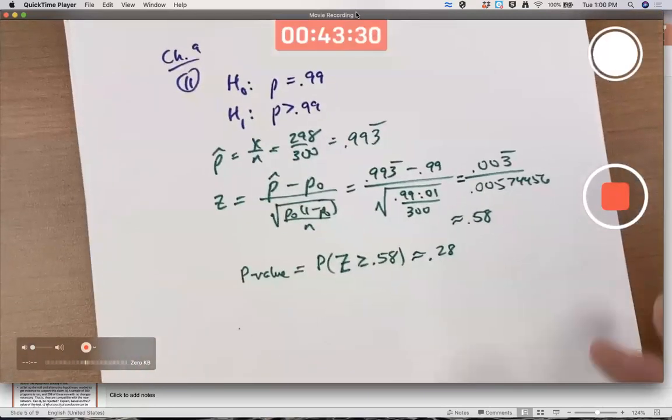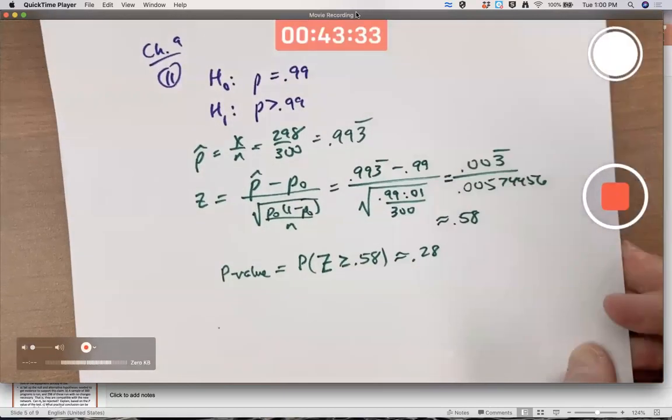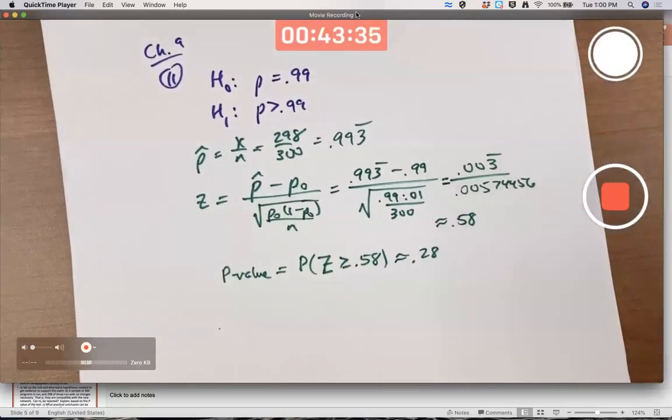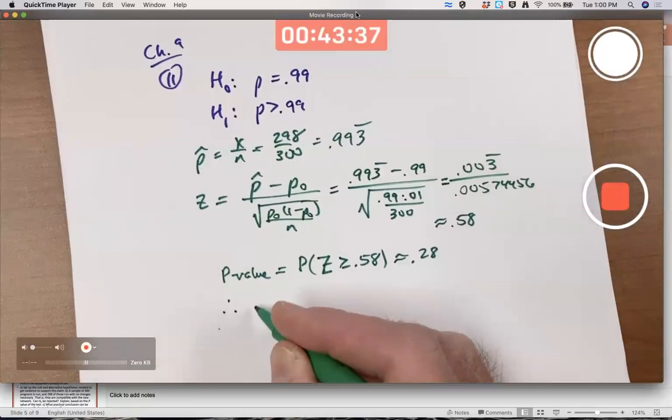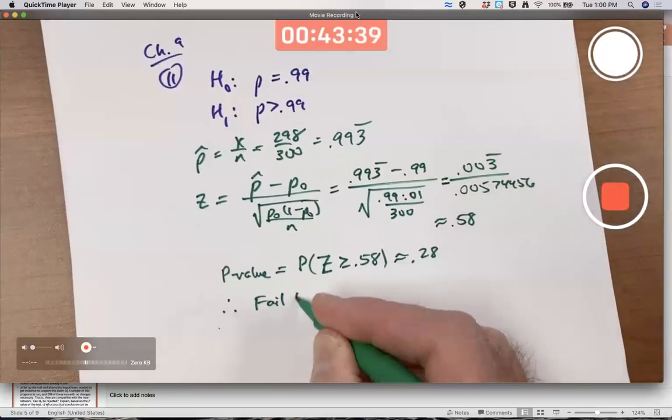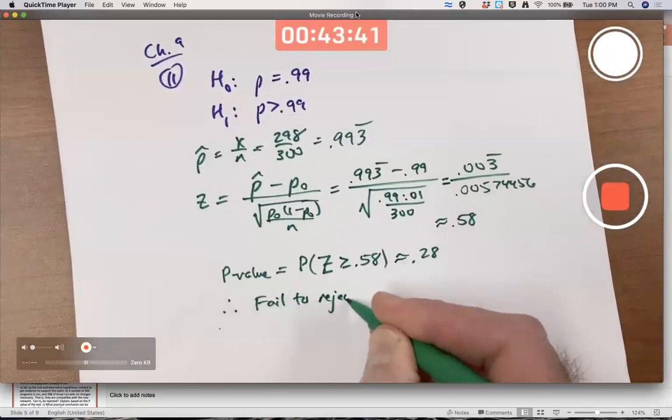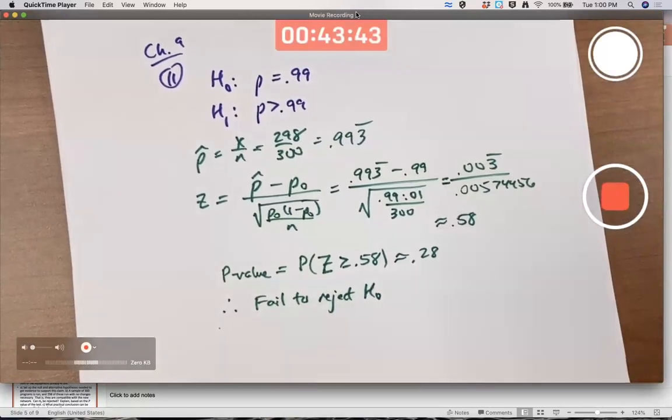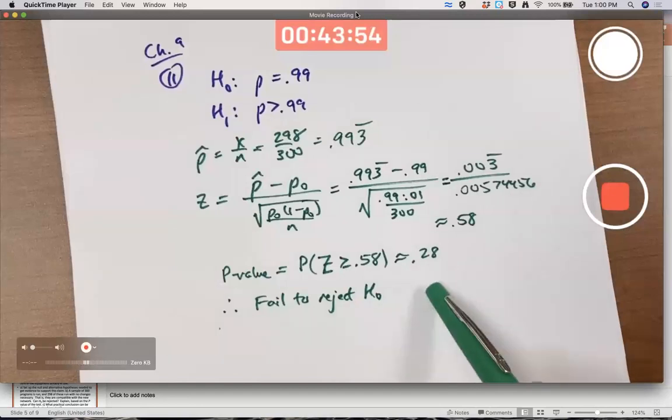Small, but not super small, not small enough to reject. Therefore, fail to reject the null. You know, it's not that somebody might come along and say, that's small enough for me, I'm going to reject the null. But if you were on the job and you rejected the null based on this p-value, you might get fired. Okay, it's not small enough to reject the null in a work type situation.